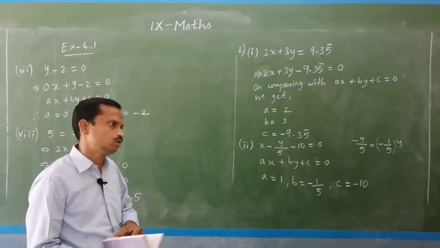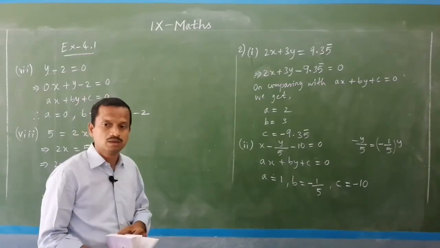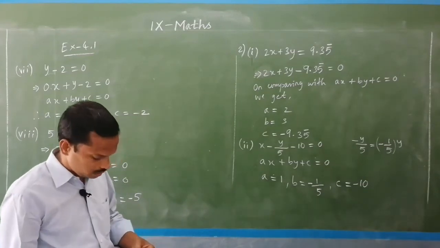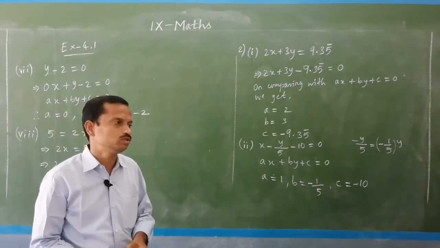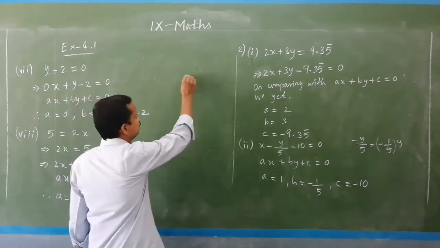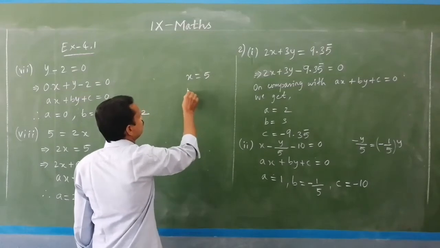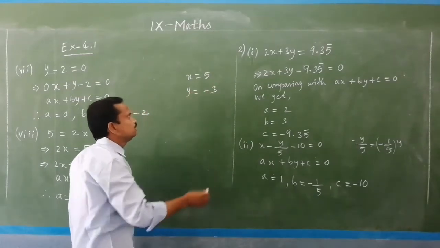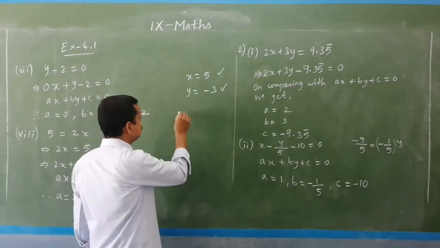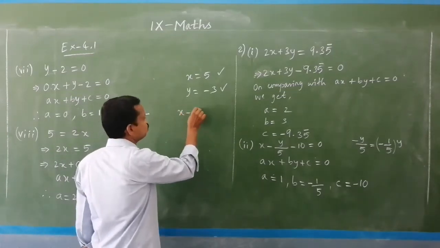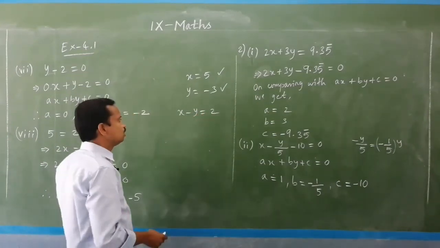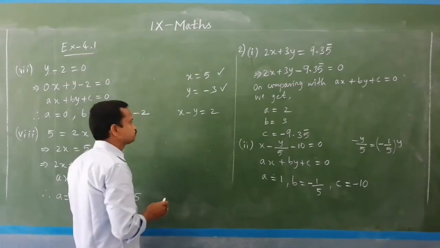So, I told you at the beginning itself, while teaching that sentence, that a linear equation in two variables has infinite solutions. If it is a single variable, like x equal to 5, y equal to minus 3, then these are both linear equations in one variable. But if we have something like x minus y equal to 2, then this is a linear equation in two variables. If you find the solution for this, that is solving.